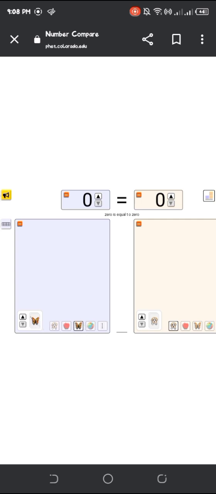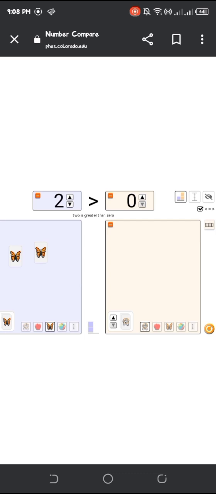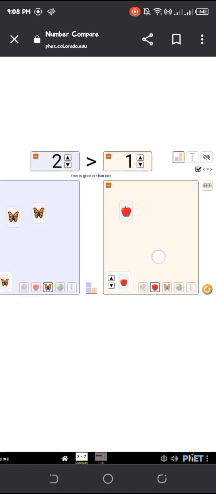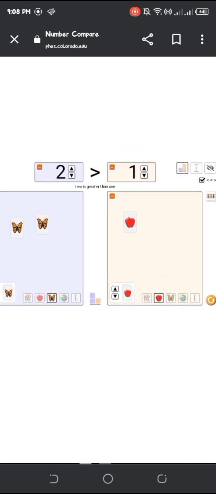Then we have a butterfly. We're going to put 2 butterflies and 1 apple. The result is that 2 is greater than 1, because 2 butterflies is bigger than 1 apple. But if we put 2 apples, we're going to put more apples.